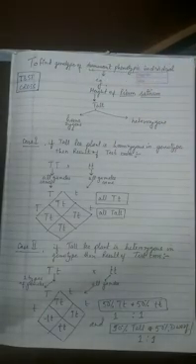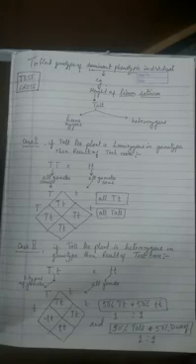So where are we having the problem? The problem is with the dominant, because a dominant individual can be homozygous or it can be heterozygous. So your answer should be like this, that the dominant individual can be either homozygous or heterozygous. With the help of the test cross, we are able to find whether it is homozygous or heterozygous. Every time this question comes, you have to mention it like this.